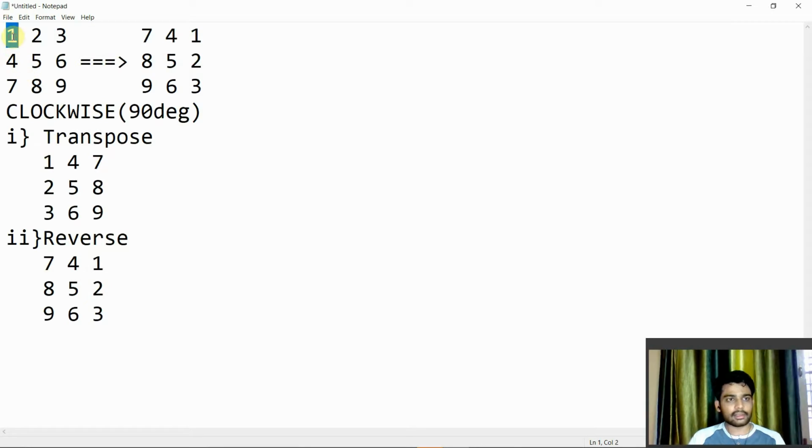Let us name our outer for loop index as i and the inner for loop index as j. For i value 0, j value 0, the value is not changing. Then for i value 0 and j value 1, the value is swapping with the j value.